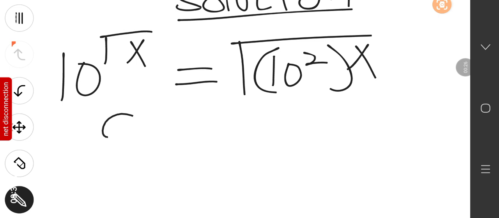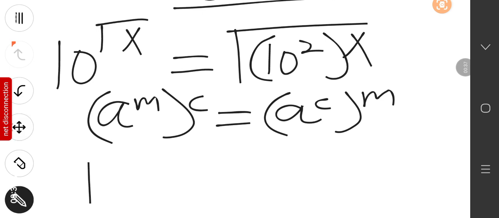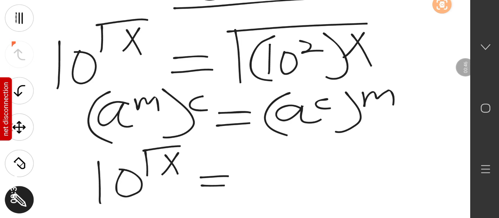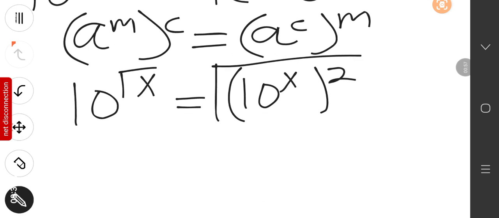All right. Now we are going to apply the power of a power rule of indices. It states that if you have a exponent m, all exponent c, this equals a exponent m multiplied by c. So you're going to have 10 exponent the square root of x equals 10 exponent x. All right, so this is what you have. Now this square cancels this root, so you are left with 10 exponent the square root of x